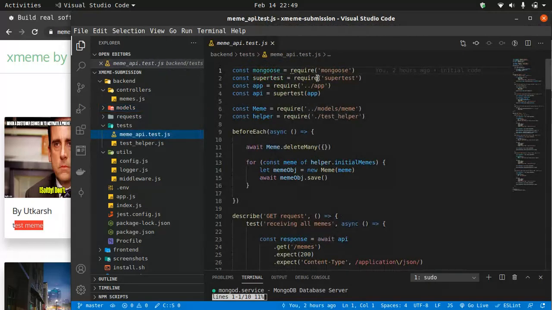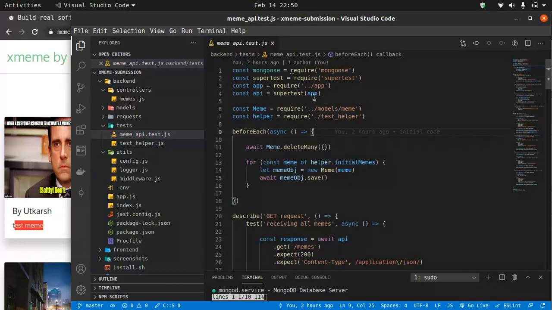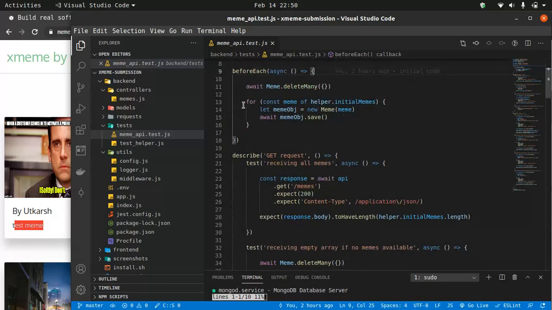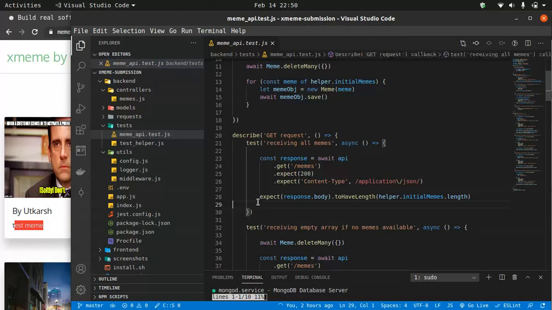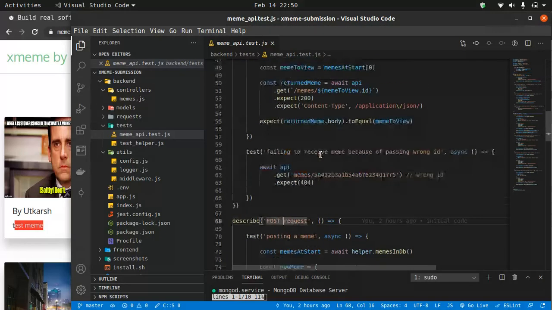I'm also doing testing on the backend. I've used the Jest npm package for the testing, and Supertest. These are all the functions of Jest: expect, toHaveLength, all these things. By this I'm testing the get request, post request and all of the error cases.